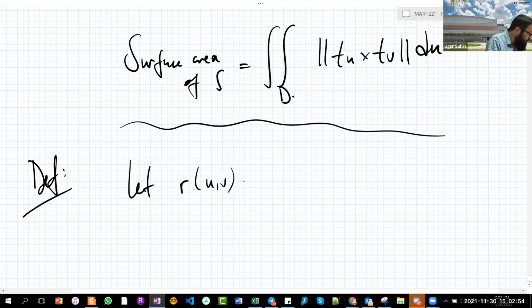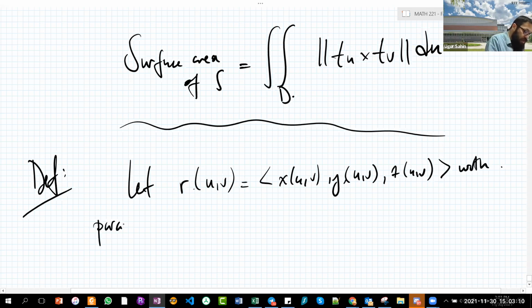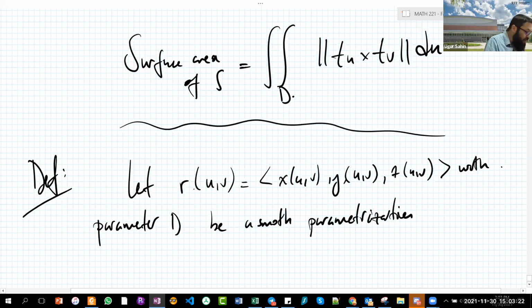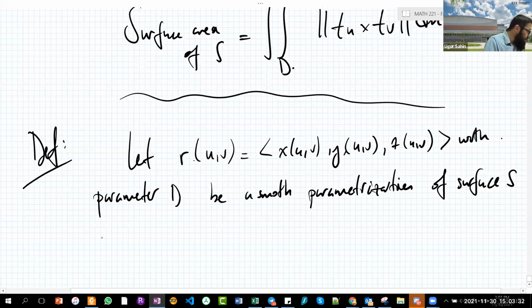Let r(u,v) = ⟨x(u,v), y(u,v), z(u,v)⟩, which is the parameterization of your surface, with parameter domain D, be a smooth parameterization of surface S. The surface area of S is